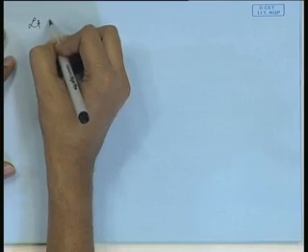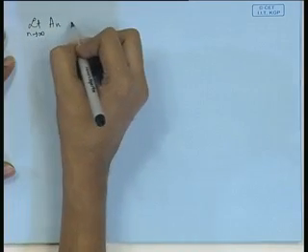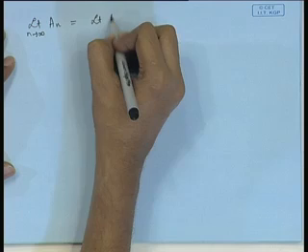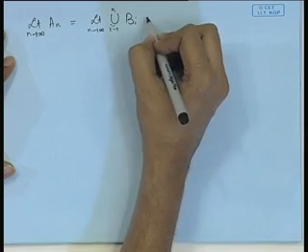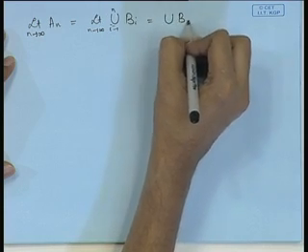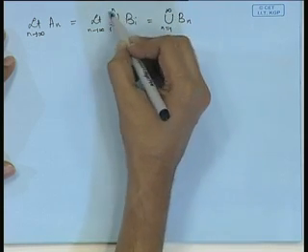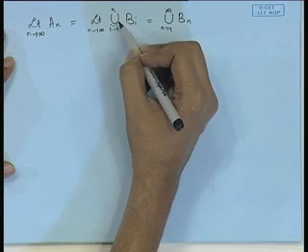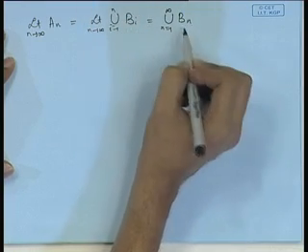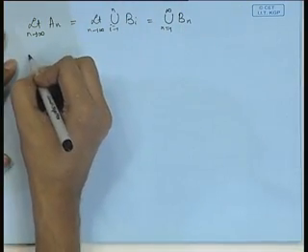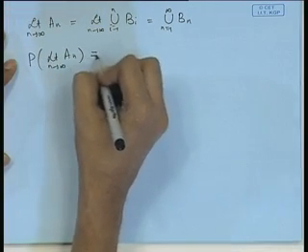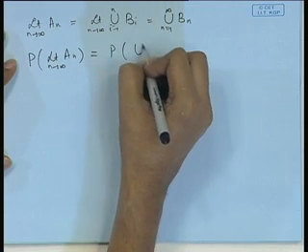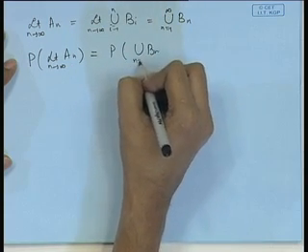Now, if we look at limit of the sequence An as n tends to infinity, then it is equal to limit of union Bi, i equal to 1 to n, n tending to infinity, which is equal to union of Bn, n equal to 1 to infinity, because union Bi is a monotonic increasing sequence and the limit will be the ultimate union of these sets. So, if I look at probability of limit of An as n tends to infinity, then it is equal to probability of union Bn, n equal to 1 to infinity.